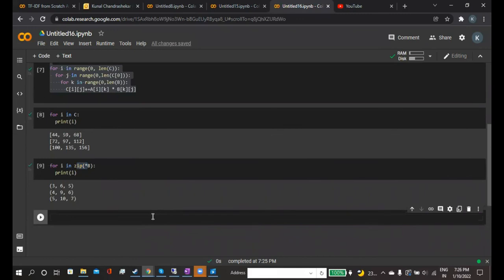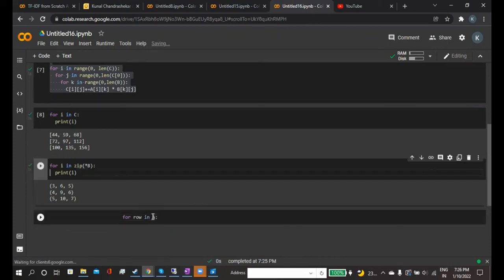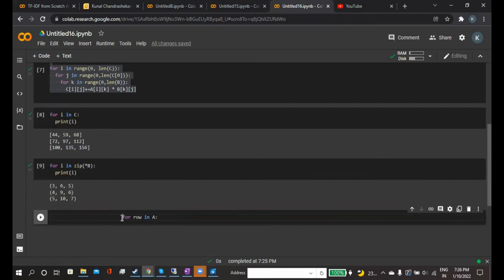So how will you use that? First I will extract all the rows from A, for row in A. So it will retrieve all the rows in A. Now we have to retrieve all the columns.